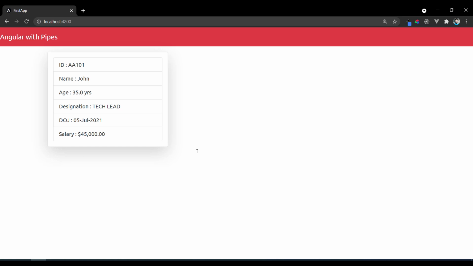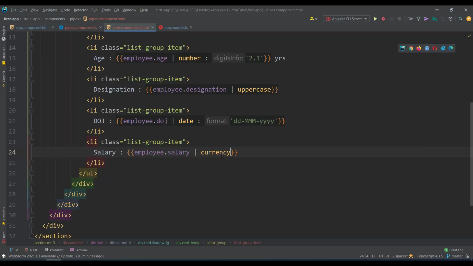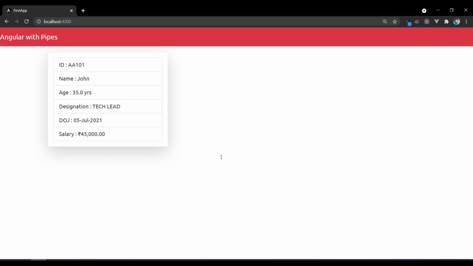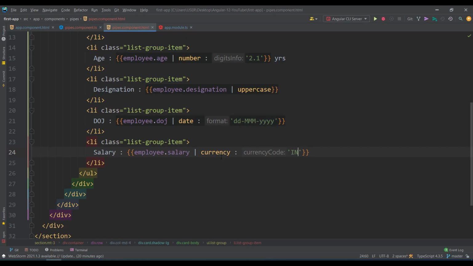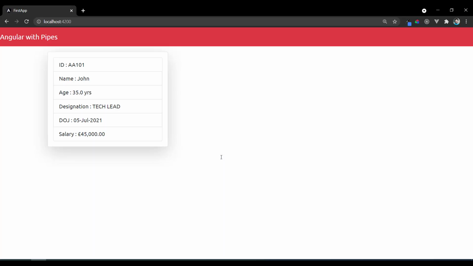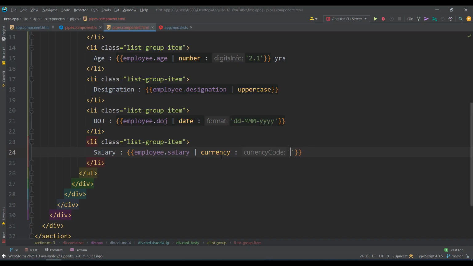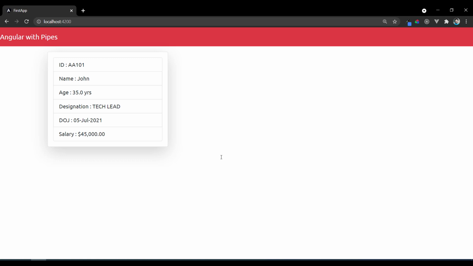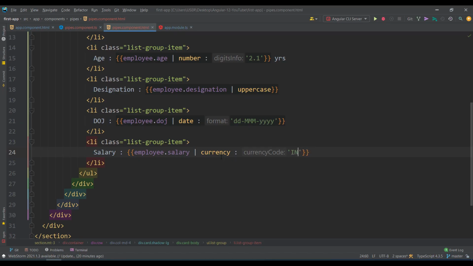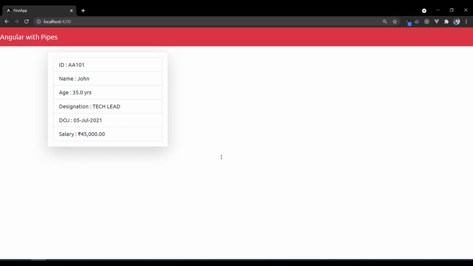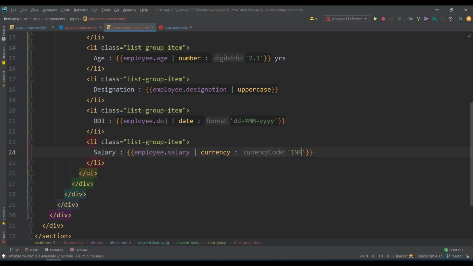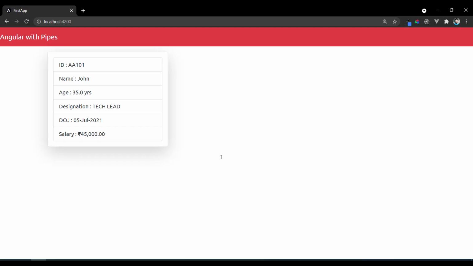If you want to convert to any specific currency, you can specify something called INR. So you get the Indian rupees currency, or there is something called GBP, Great Britain pound. So you get the pounds. So USD by default is US dollars. So let's take INR. You just need to specify the currency code.